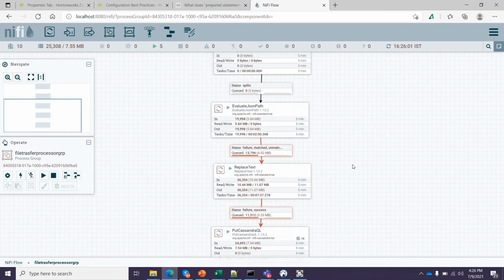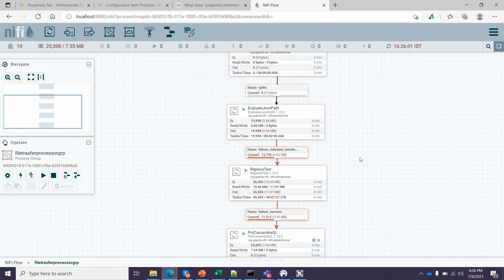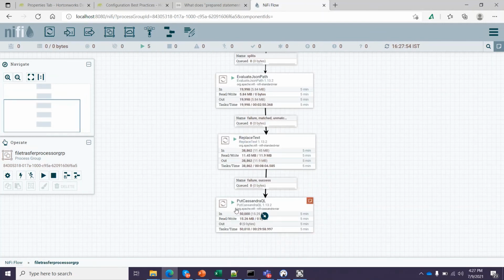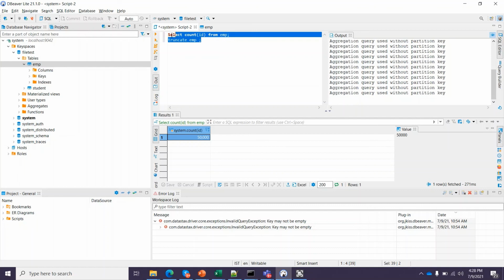The connection between Split Text and evaluation is clean now. So all 50,000 records have gone to my Cassandra, and let me check my table. I select this and execute. See here, 50,000 records are pushed into Cassandra. So that's all for this session.